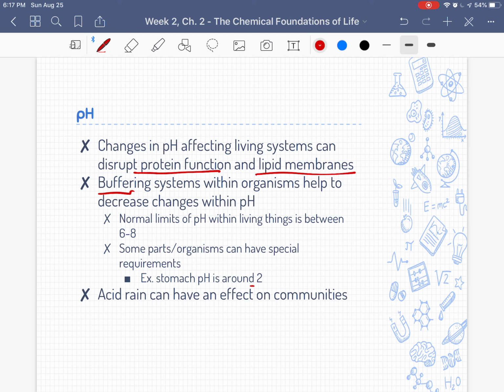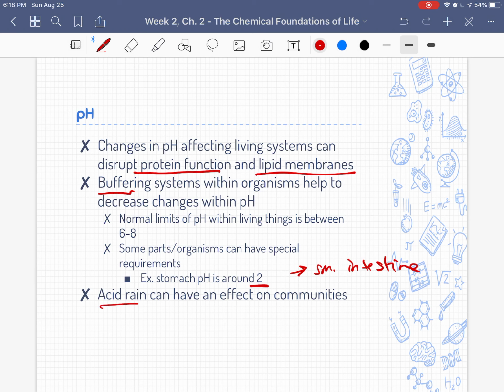So where do we see this within our body? Our stomach pH is around 2. After our food leaves our stomach, it goes to the small intestine. The small intestine does not have the protective mucus in place that the stomach has. The stomach has protective mucus to help keep those digestive juices from eating holes in it. The small intestine doesn't have that. So as the food, or at this point it's called chyme, moves into the small intestine, the small intestine will add buffers to that solution to help bring the pH back to a more neutral level, so that the chyme does not actually eat a hole in the small intestine.